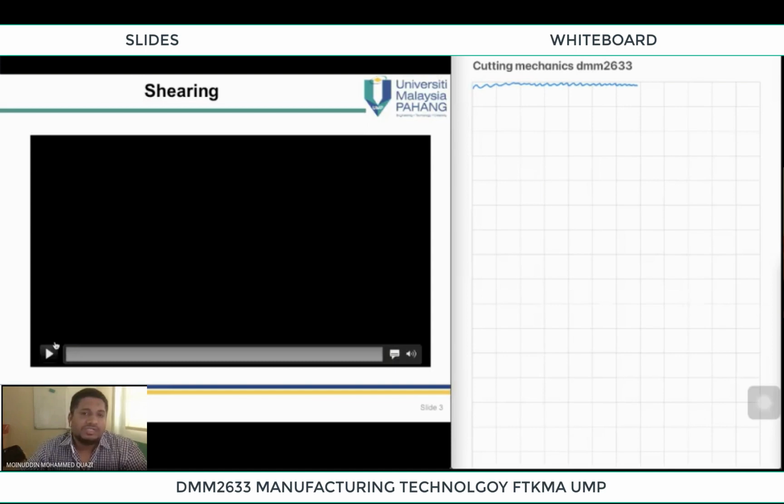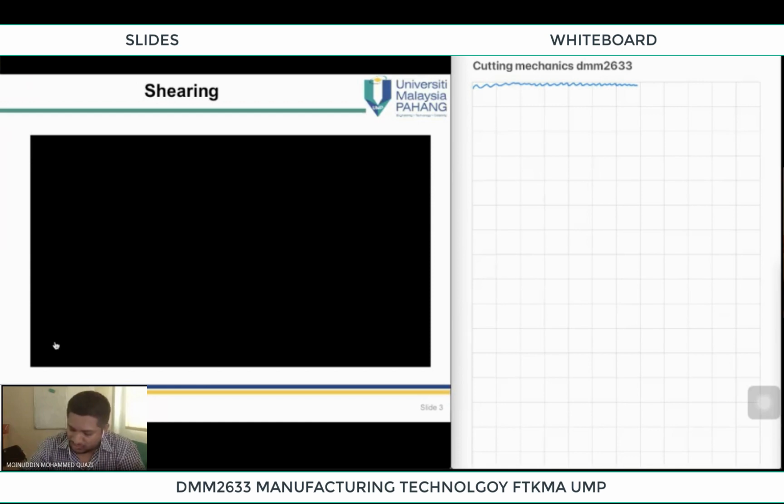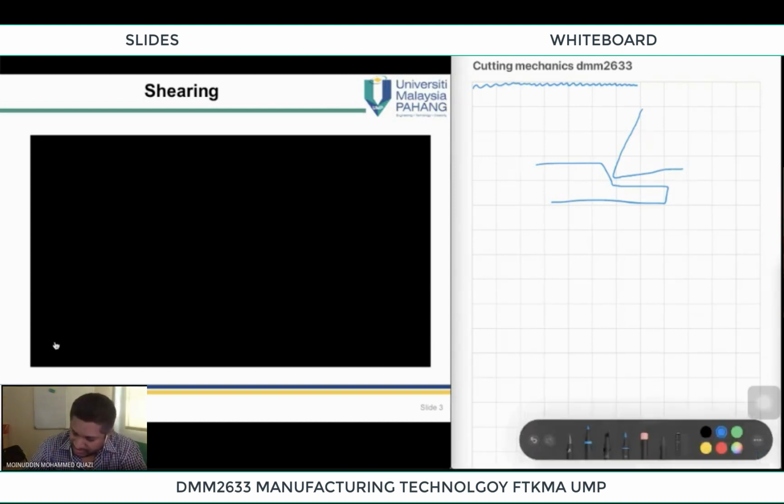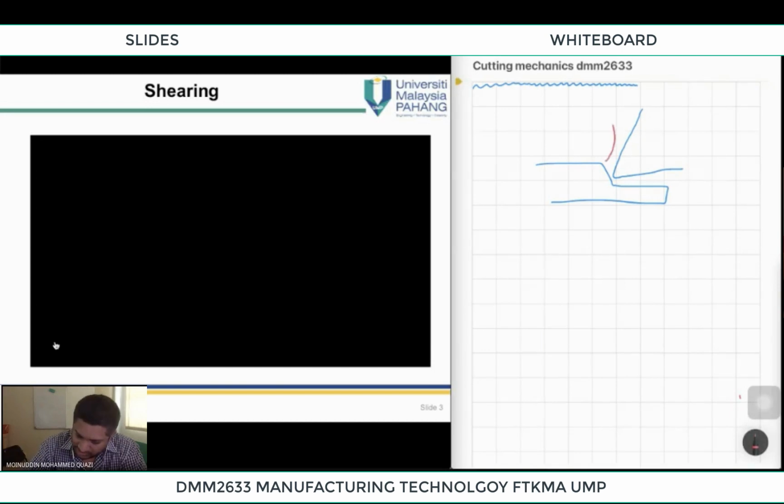So I just want you guys to see microscopically how the shearing happens. I told you guys that as the tool moves forward, so this is my workpiece, okay, and this is my tool, okay. So as the workpiece is cut, chips are produced. These chips are basically sheared material. The material is sheared in layers. The shearing mechanism is when parallel forces are stretching something, okay.